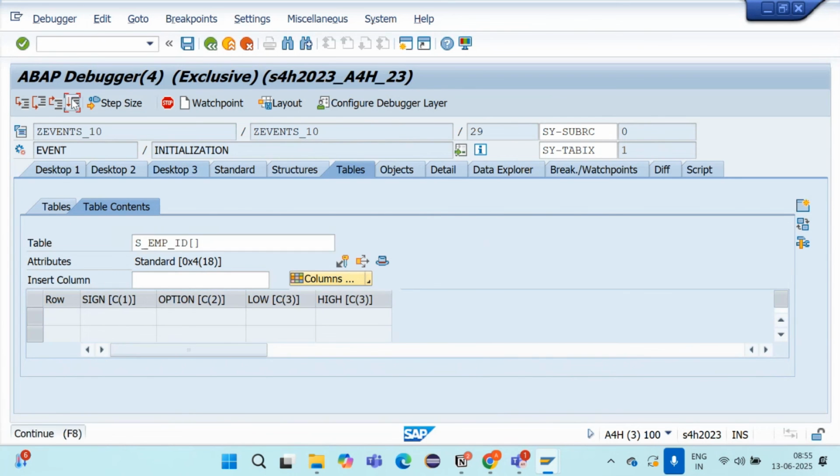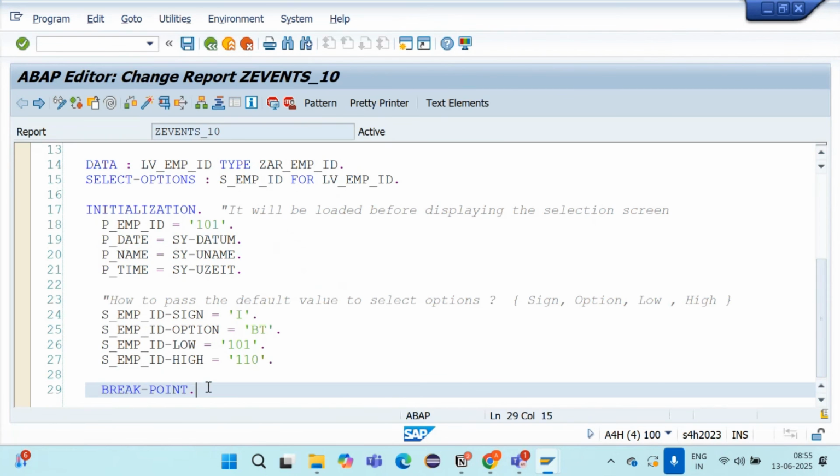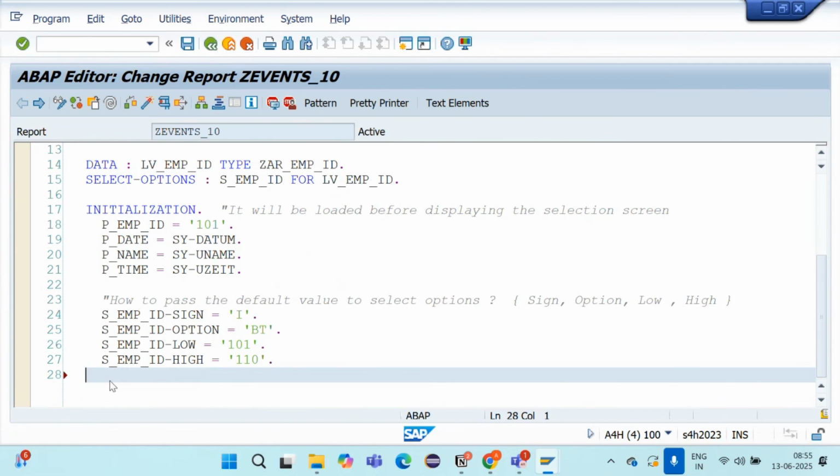No, we are not getting any value, and the same value is getting displayed here. So how to pass the value from the work area to the internal table? Append. Can I write this? Append to S_employee ID bracket. That is the internal table. That is your work area.